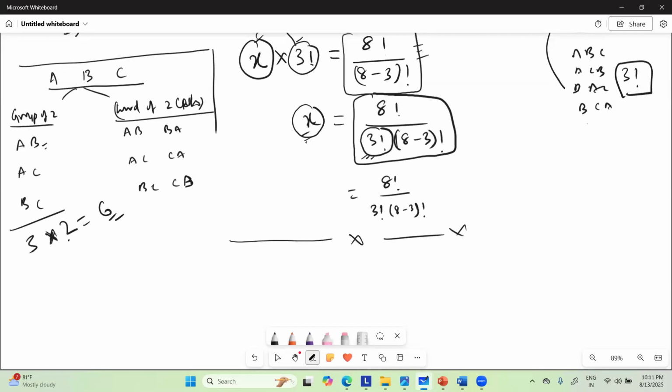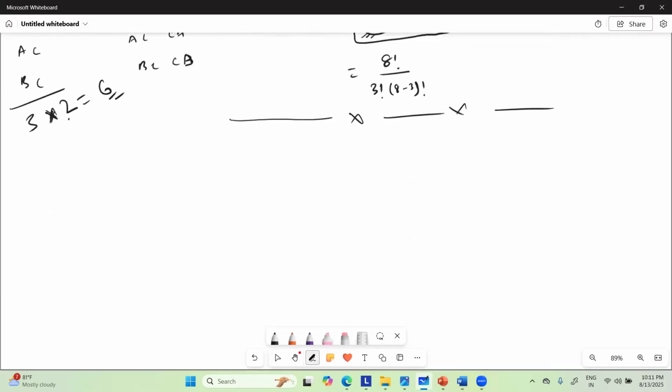So if I ask you to make a group of R numbers from n objects, it will be called nCr. ठीक है, make a group of R numbers from n objects, it will be called nCr,